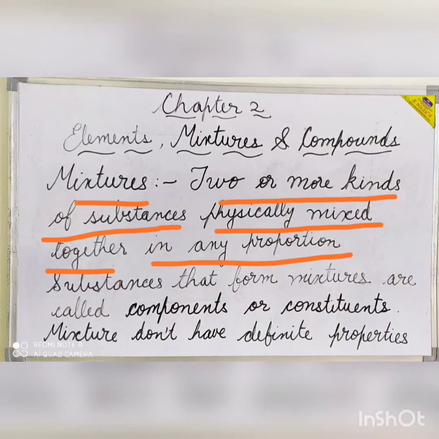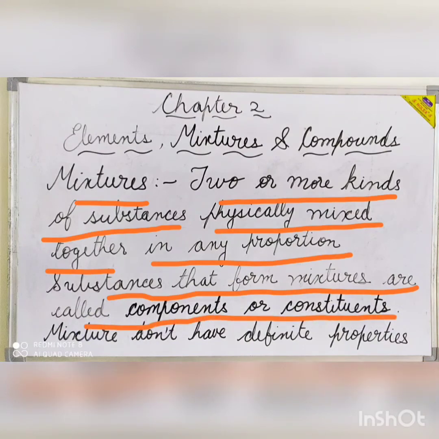Soil is a mixture of clay, sand and various salts. Milk, ice cream, tea, smoke, wood, etc. are all examples of mixtures. Alloys are mixtures of metals. The substances that form mixtures are called components or constituents. The constituents of a mixture retain their properties. That means the property of the element or the compound present in the mixture is not lost